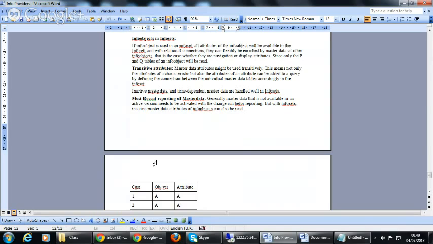You can say they are second generation attributes. Not only the direct attributes of the master data can be accessed, but the attributes of the attributes also can be accessed. For such attributes, we say transitive attributes. That is the most important function of info sets.